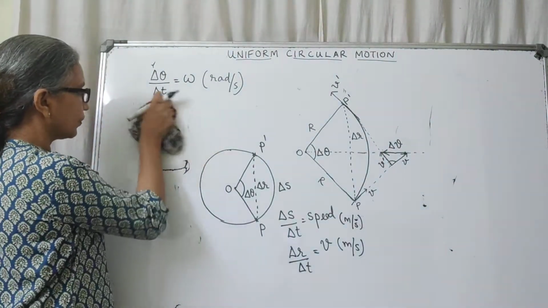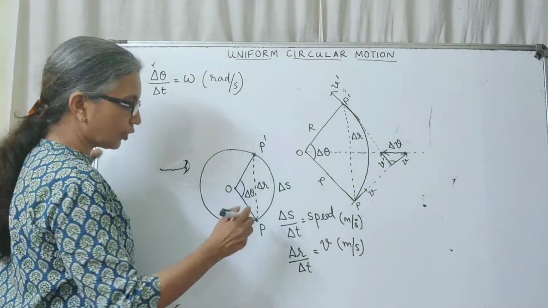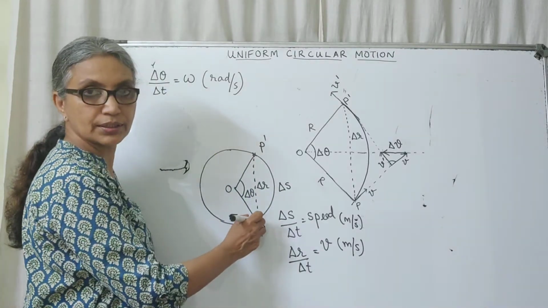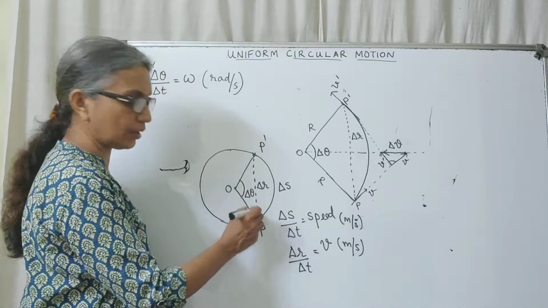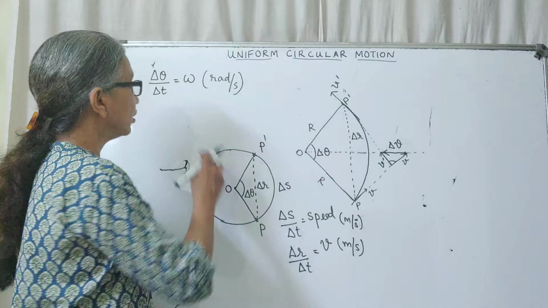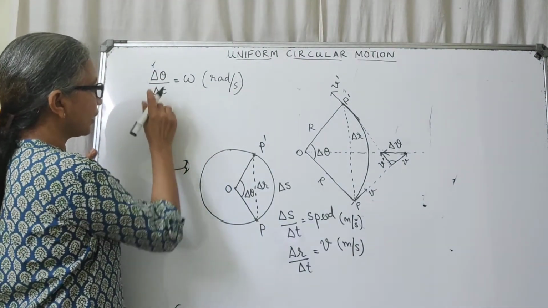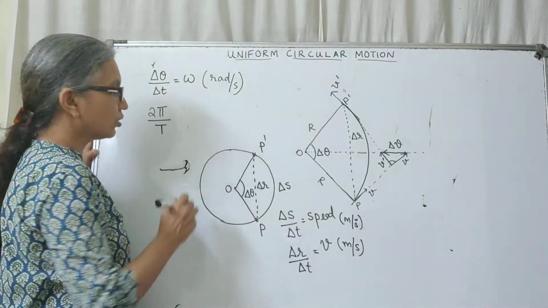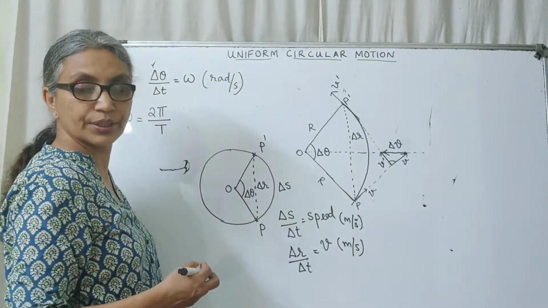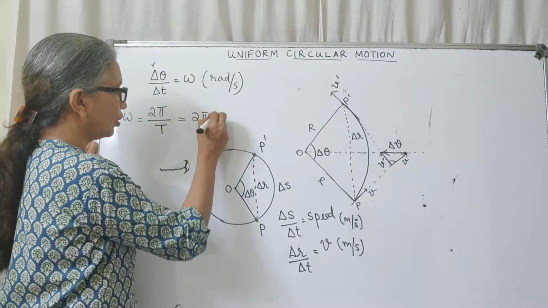See, we know that this delta theta by delta t is what we have as omega. So, when your particle starts from here and completes one revolution, that happens in the time capital T, that is time period, but the angle it covers would have been 360 degrees, which is 2 pi radian. So, if you substitute here, delta theta is 2 pi radian when the time is the time period T. So, this is what we have as omega, and 1 by T I just told you is the linear frequency. So, this is equal to 2 pi nu.